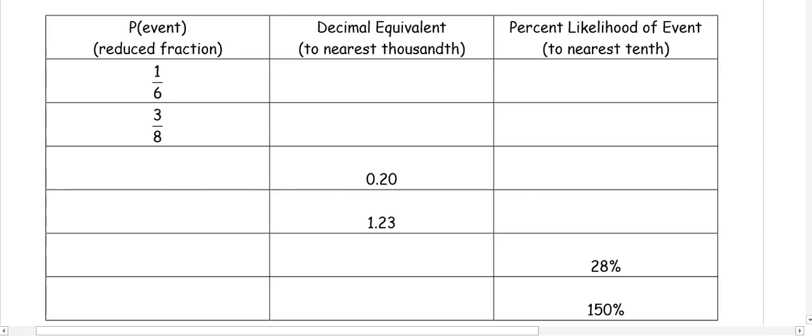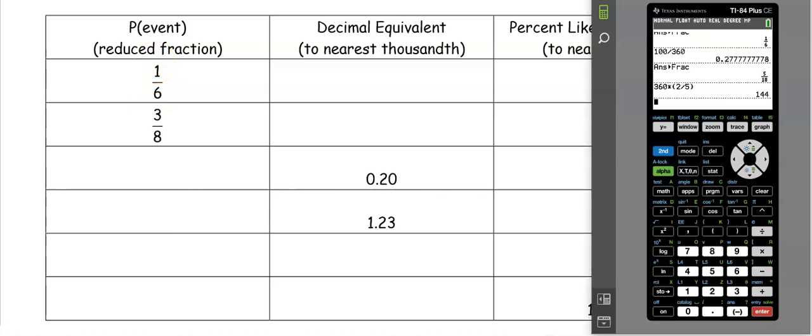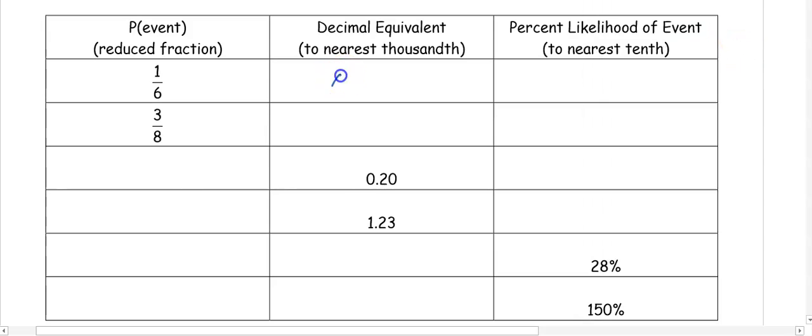So in the first two, we have a fraction, we need a decimal and a percent. So to get our decimal, we can just take our fraction and divide in the calculator. So 1 divided by 6. We're going to round to the nearest thousandth, which is 3 places. So we have 1, 6, and then the 6, but the 6 after it rounds it up, so it'd be 0.167. Then to get to a percent, in our calculator, we can either multiply by 100, or we can move our decimal place 2 places to the right. So this would become